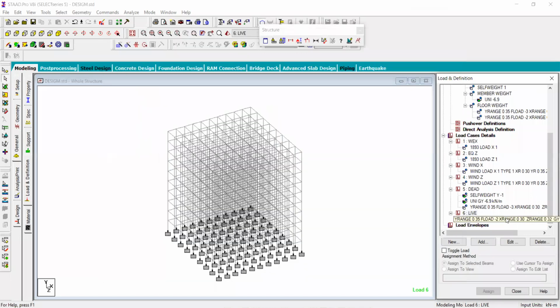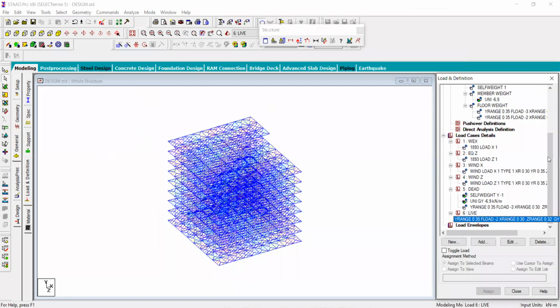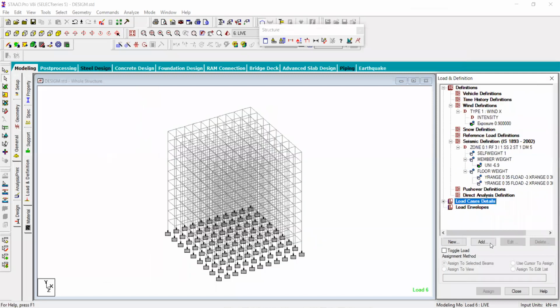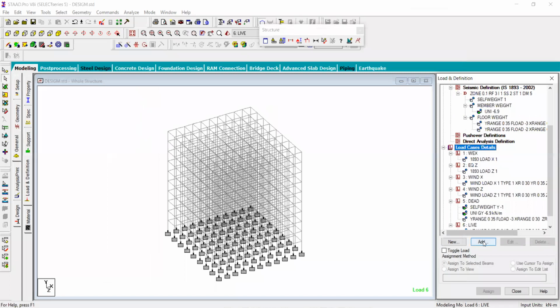After application of these loads, we will go for the combinations, and there will be a combination of dead load, live load, etc. Then click on load case detail, and go for define the combinations.